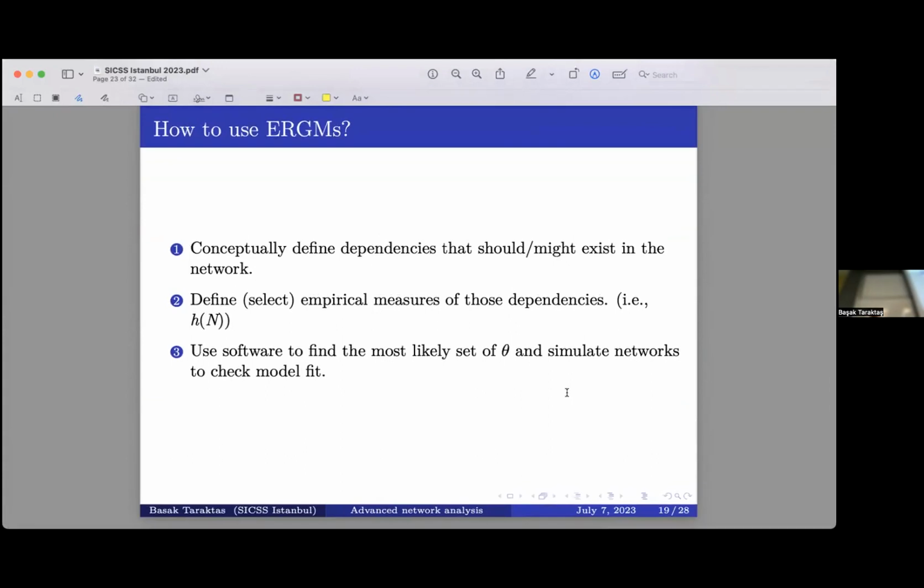So the most important thing to remember when using ERGMs is to specify. It looks very straightforward, but it isn't usual because a lot of people make these mistakes, to thoroughly define what edges and nodes are. Nodes are usually straightforward, but edges are not. And James Kitts recently wrote a piece about this, and he was saying a bunch of famous scholars basically conducted a study on Facebook, using Facebook data, I mean,